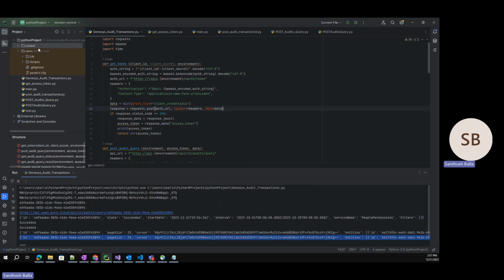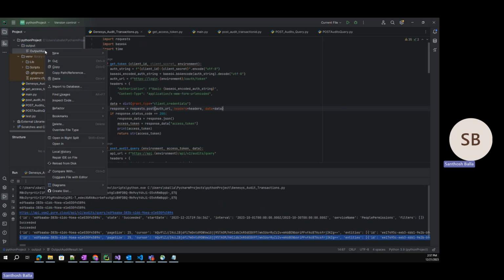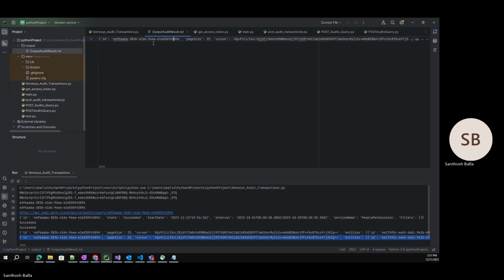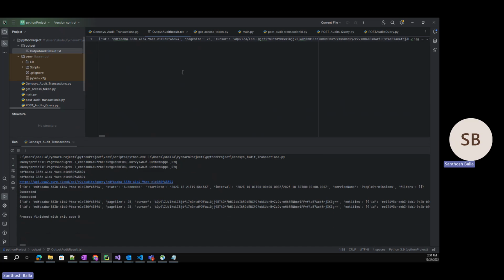code, we can basically output the file to an output file, and you can open this, and there you go. It's the same exact file that we created. It's an output file, and this output file can be given away to anybody that auditors want. You can basically give this away. You can do it on a schedule. You can do it weekly or monthly, and then you can provide that file to them